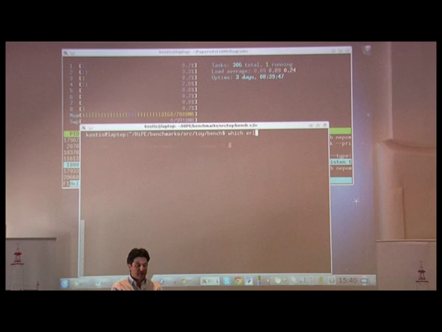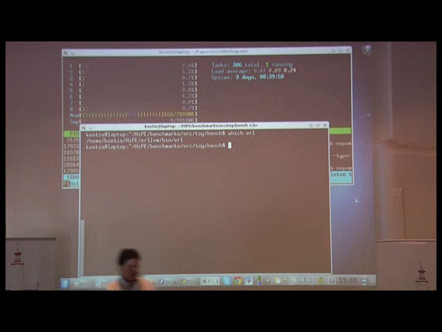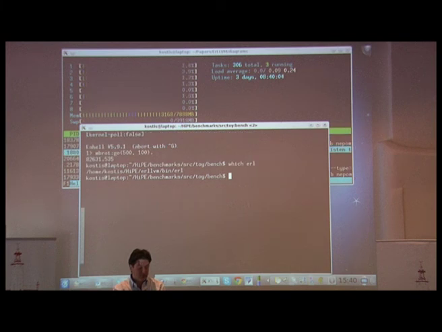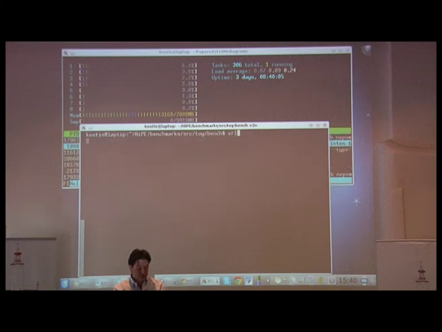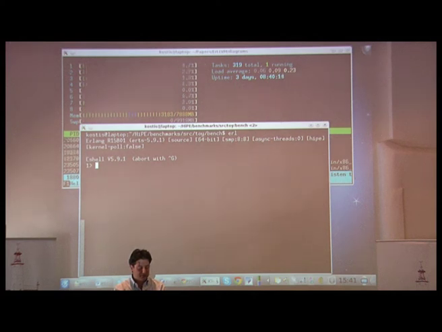I have here which erl, and you can see that my erl is pointing to my LLVM system and not the one that you get from Ericsson, which I guess is the one that you get from Ericsson plus more. So if I do erl, you get the latest version, but it's just patched with the LLVM additions.